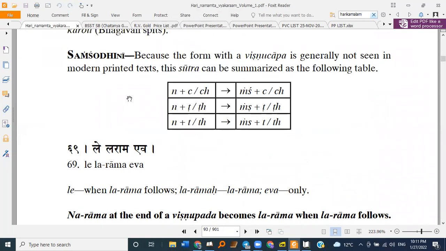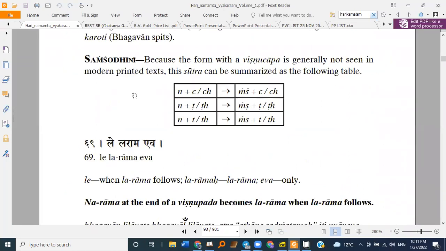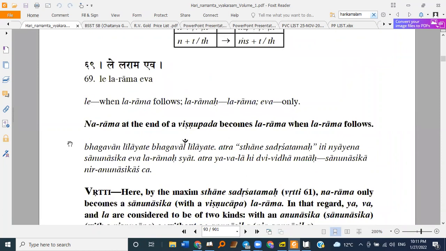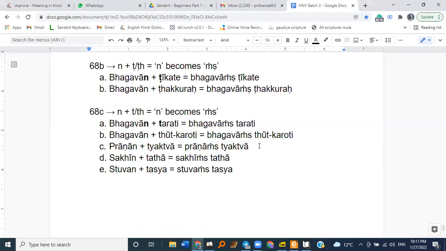Okay, so the next one is Lela Rama Eva. Na Rama at the end of a Vishnupada becomes La Rama when La Rama follows. So Sutra 69 explains that if we have Na Rama at the first place, followed by La Rama at the second, then Na becomes La. Na becomes La. For example,